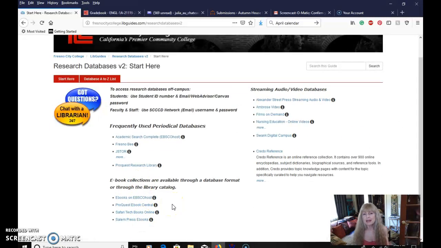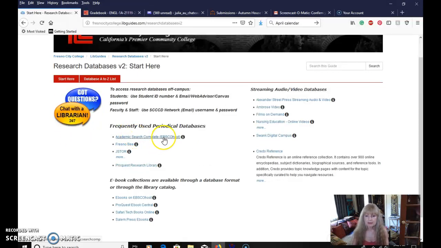But because we're writing just a 2,000-word essay, I don't really recommend a full book because that's too much to read. You just want some articles, and you've already got 2 potential sources. And I've asked you to have 4 minimum. You can have more than 4. But 4 is good enough if you find enough things to say. If you don't find enough things to say, then you may need more sources.